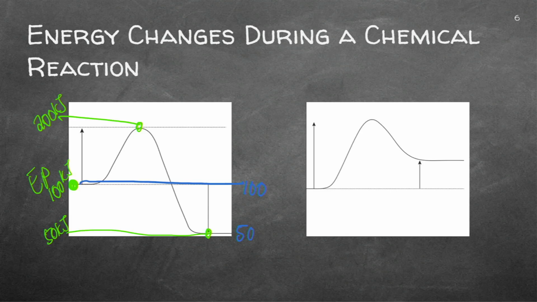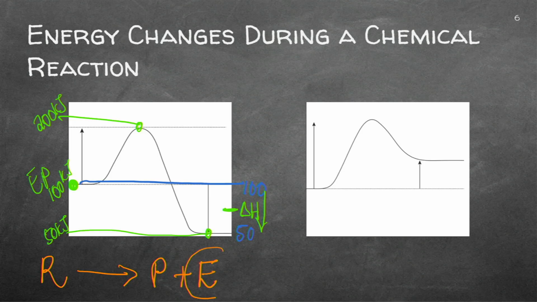So what do I do? I now allocate the delta H, or the heat of the reaction. It's down, so it's less, so it's a negative delta H. We can also write the chemical reaction by saying it's the reactants that have the same energy as the product, but it released energy. So your energy will be on the side where the products are. So that's important. It's negative delta H, and it's an energy at the side of the product.